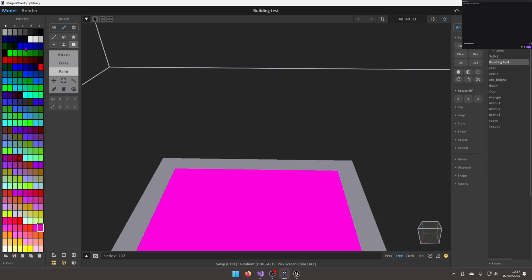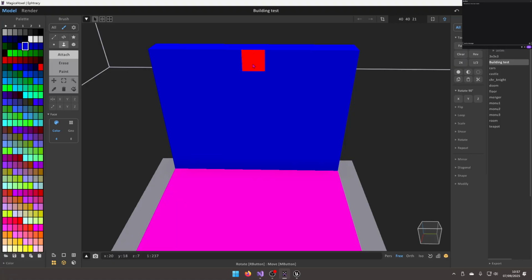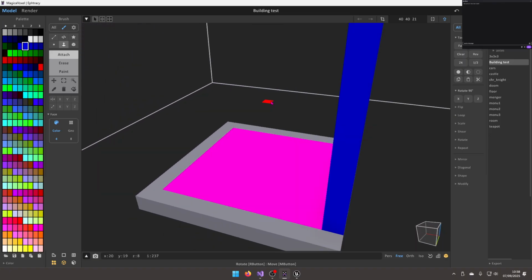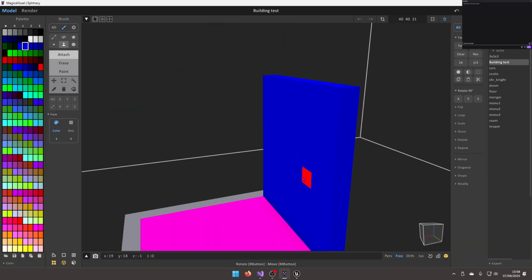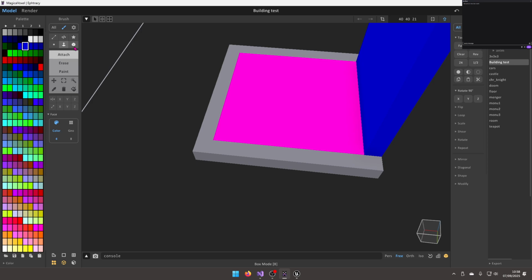And then if we have a wall, no, attach, thank you. Right, let me do face mode. So 1, 2, 5, 6, 7, 8, 9. Hang on, it would be 9 plus 2. So that's the bottom. And then if we select the box select